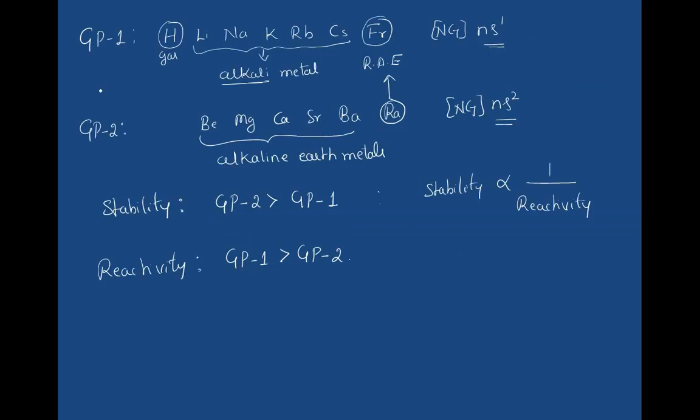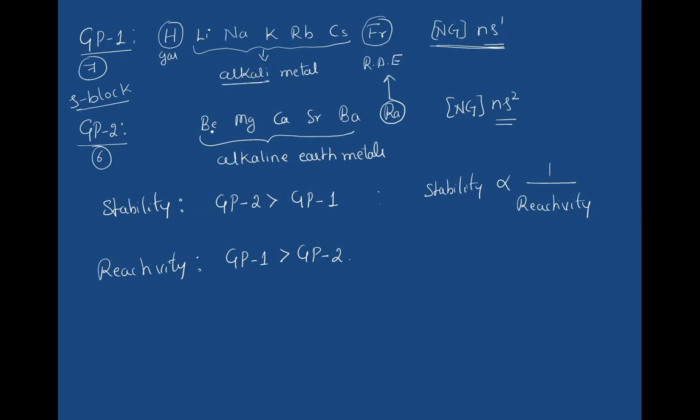As we all know, group 1 contains a total of 7 elements and group 2 contains a total of 6 elements, which means there are a total of 13 elements in the s block. The elements of group 1 are hydrogen, lithium, sodium, potassium, rubidium, cesium and francium, having the outermost electronic configuration [noble gas] ns1. Hydrogen is a gas, francium is a radioactive element, and the remaining elements are called alkali metals. When treated with water, they form strong bases. Alkali means ashes of plants.